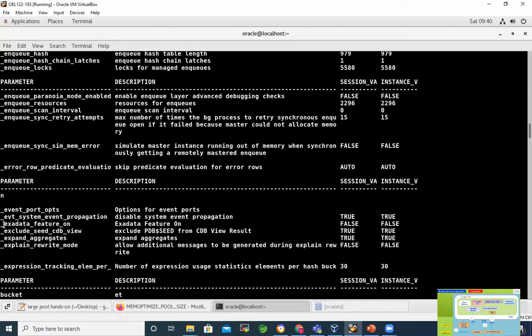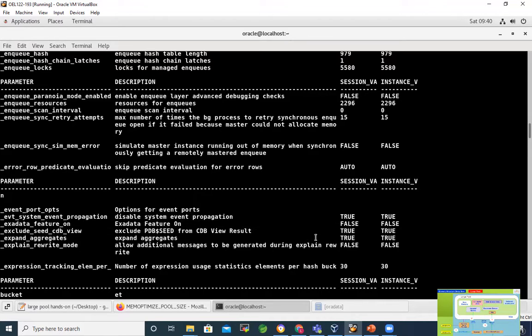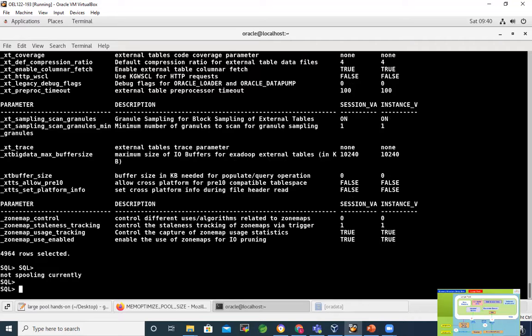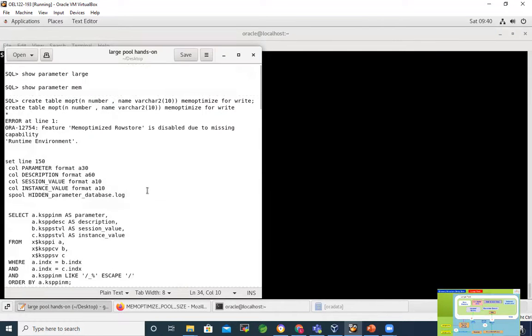Yeah, now Exadata page on, now it is false. You can see I disabled the parameter. Now it is false. So now if you try to create that table, you are back to the original situation, where your database is at the original situation. So now if you try to create that,